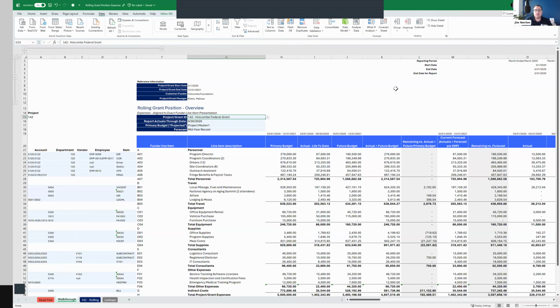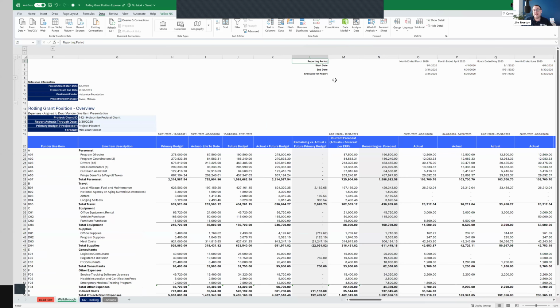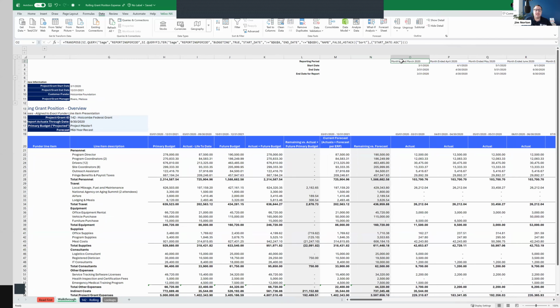What makes that possible? Because this is another thing that you may know is very difficult to do, if not almost impossible, in native financial report writer: to make it a project or grant specific expansion like this that's dynamic. Well, all I needed to do here was get my reporting periods, right? So I already have my start and end dates. I need to just figure out what reporting periods exist. And I used Intacct's query for this, or rather Velixo's query of Intacct data.